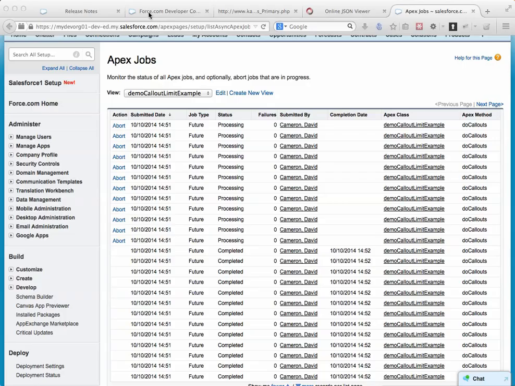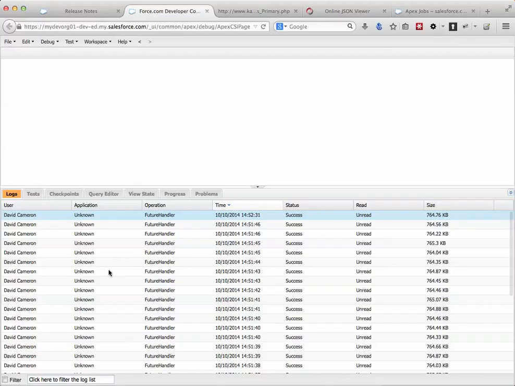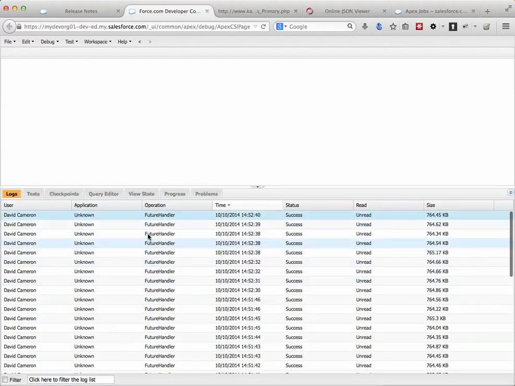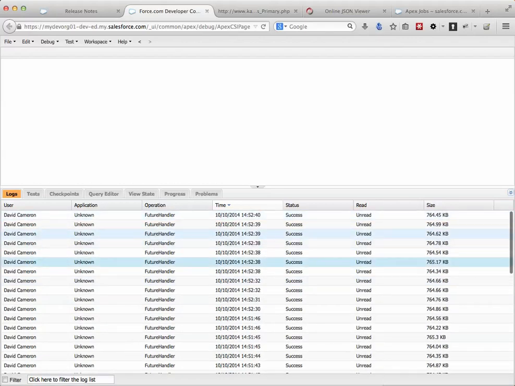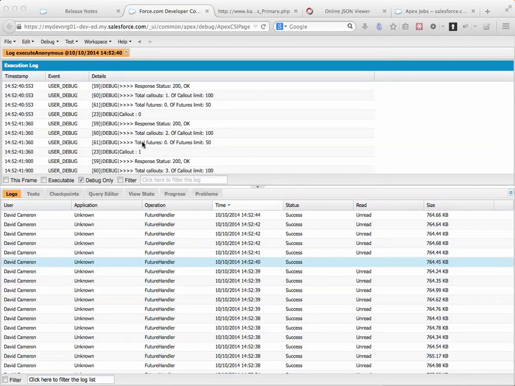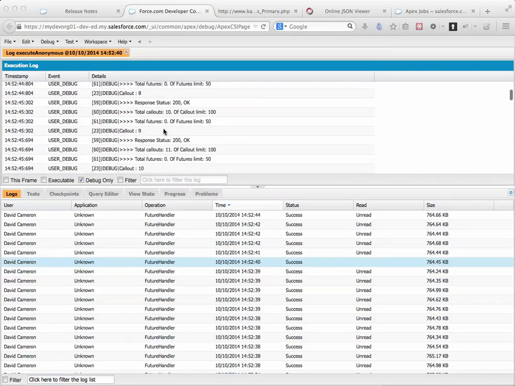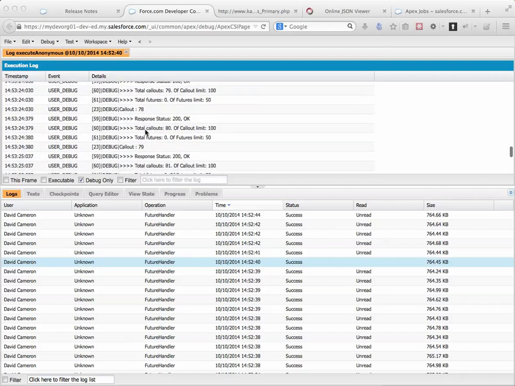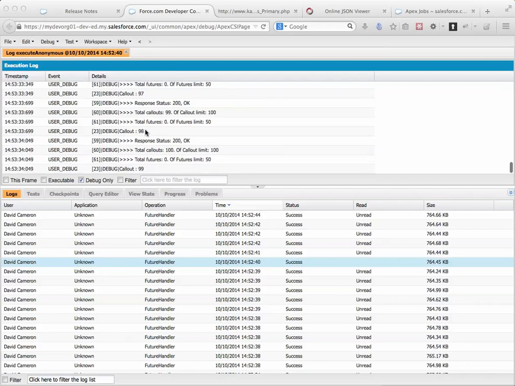And so also switching back to the developer console and the debug log, we can see again 50 futures in there. And if we open up any one of them at random, we can see within the debug section we're performing counts of the number of callouts being performed. So this is within a single future. We have 100 calls, total callouts 100, and we've looped around that, made that call out to that web service, returned that JSON data 100 times for each future, and there were 50 futures altogether,